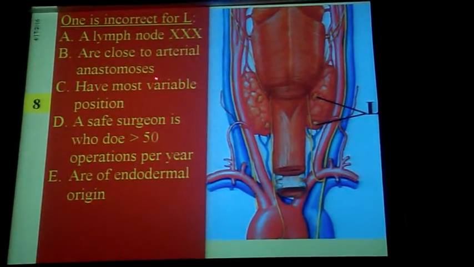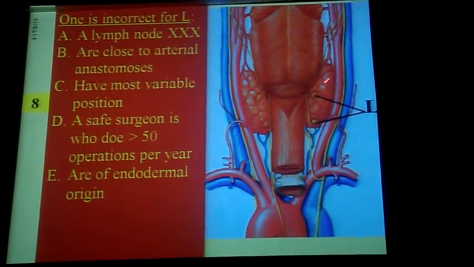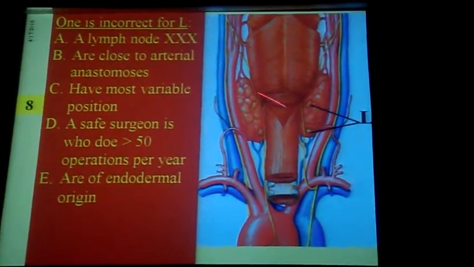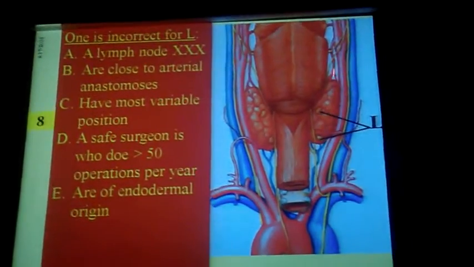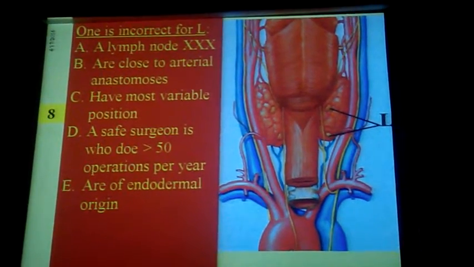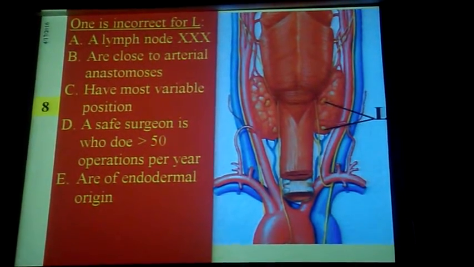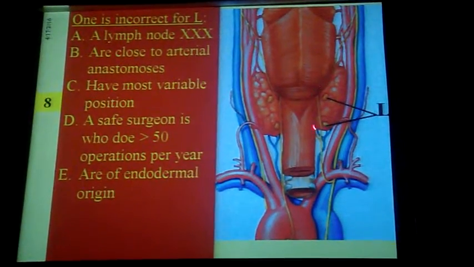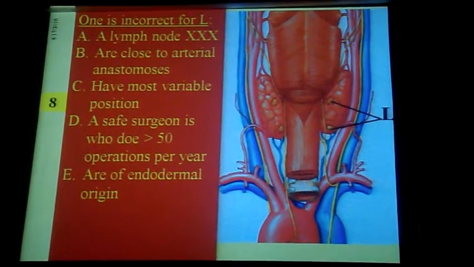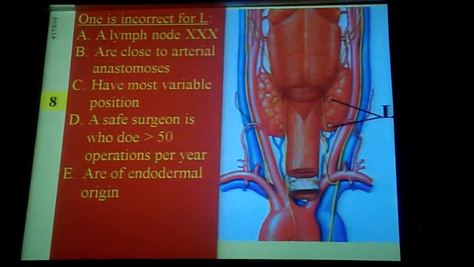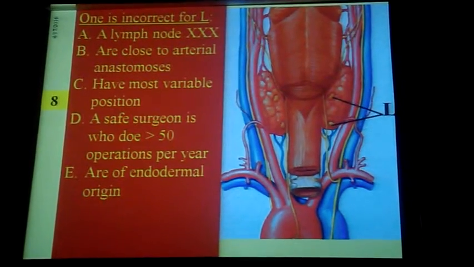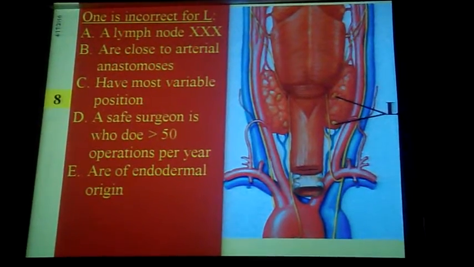Are close to arterial anastomosis. These 2, that is L, which are 2 glands, superior and inferior thyroid parathyroids, they are close to the arterial anastomosis between the superior branches by the superior and inferior thyroid arteries. Yes, right. They are close to the anastomosis. And the anastomosis of these 2 arteries are the leading things to the glands. That is, how do you reach them? We look for the arteries whose anastomosis is close to these 2 glands. Then,